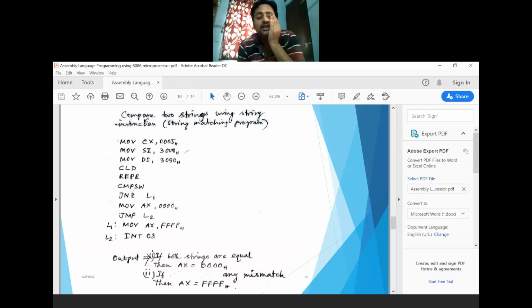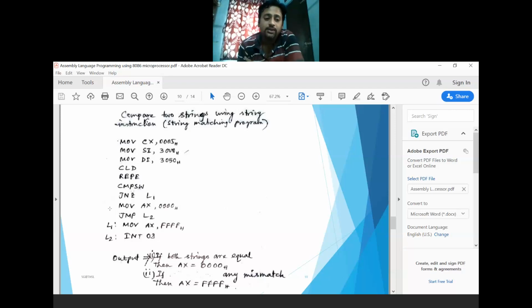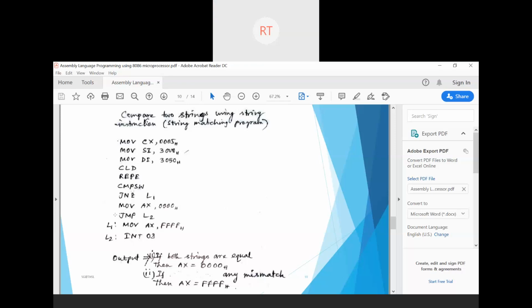So if there is any mismatch, it goes to this label and then stops the program. If there is no mismatch, all the string words are equal, then ax must be filled with 0000, then move to int03.